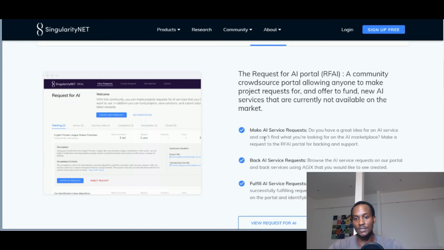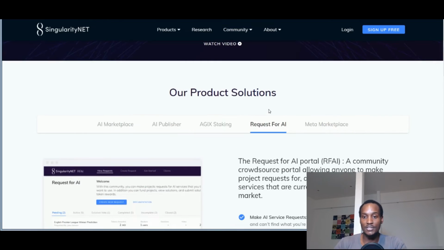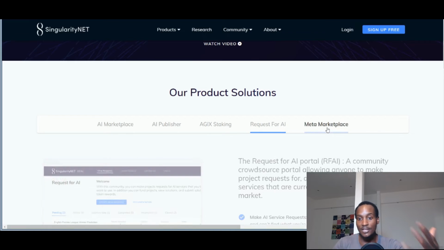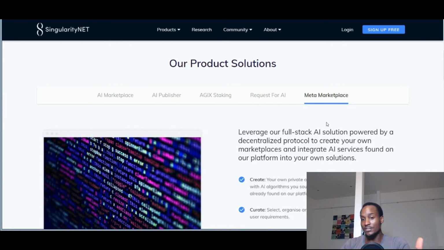Companies will set up around this. Companies like, we can do this, and you pay them in the Ocean tokens, in the SingularityNET tokens. And as they build your application, they're getting paid and they're building what you need. And you have what you need without having to search Google or go out there. Everything is perfectly placed, packaged here. Then the last one, the other products that they're building, is leveraging the Meta marketplace.